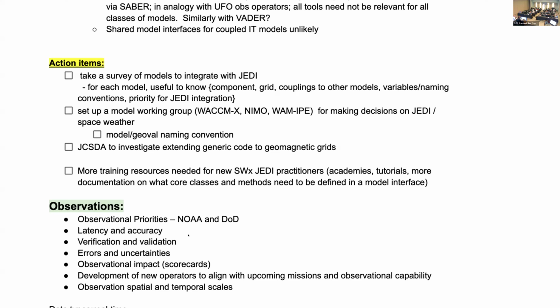So can you scroll, go ahead. Okay, so for observations, I copied over some slides, some points from the discussion session, but I summarized the action items. Please scroll down to almost the end of the document.